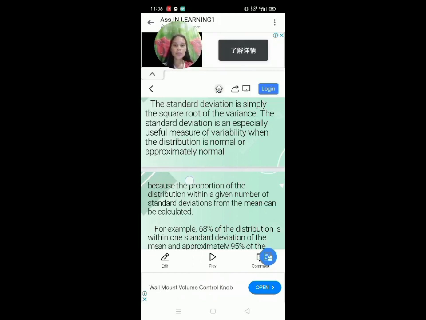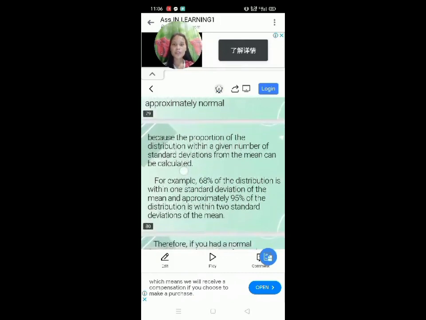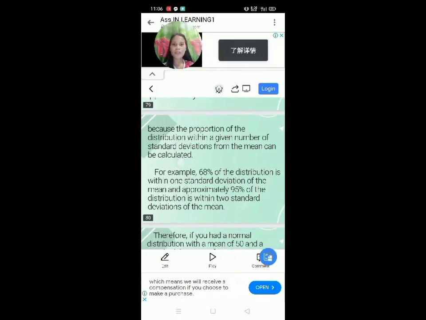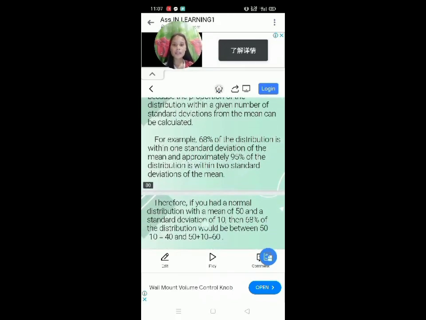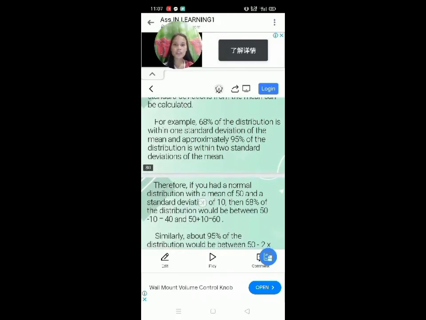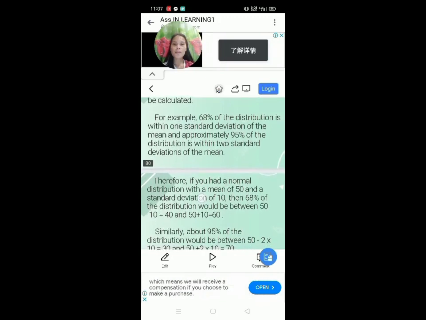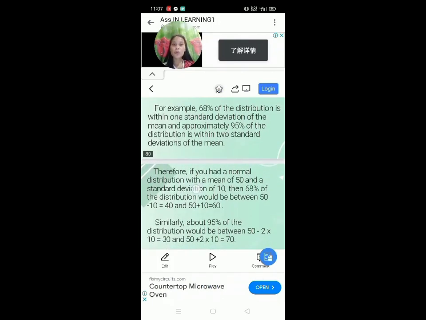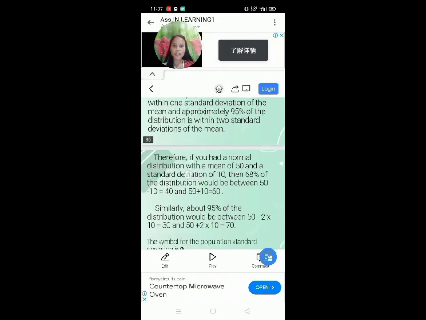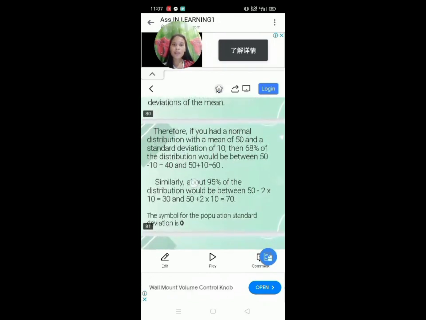approximately normal, because the proportion of the distribution within a given number of standard deviations from the mean can be calculated. For example, 68% of the distribution is within one standard deviation of the mean, and approximately 95% of the distribution is within two standard deviations of the mean. Therefore, if you had a normal distribution with a mean of 50 and a standard deviation of 10,